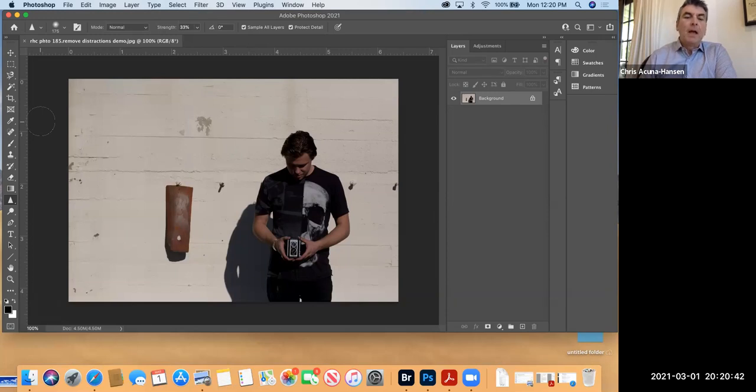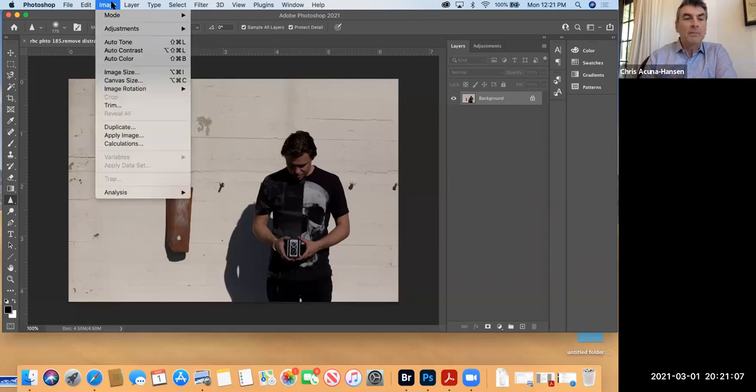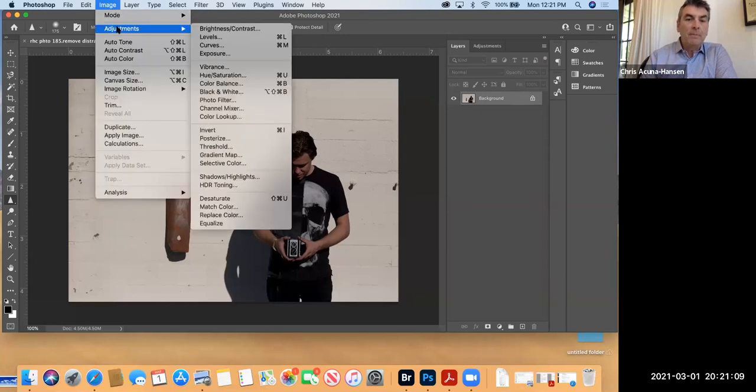So first thing, this image isn't bad. It's okay. It's a little underexposed to me. It's a little too dark. There's not a lot of detail. I don't like that the white is a little gray. It just looks a little washed out. Now, again, I could have taken this into Camera Raw and done some specific adjustments to it. I could still go here and go to